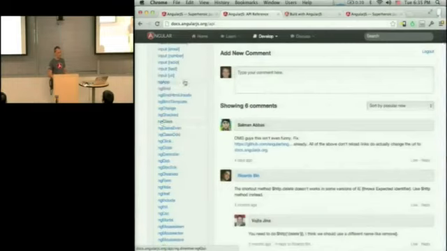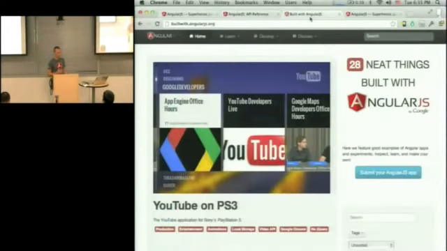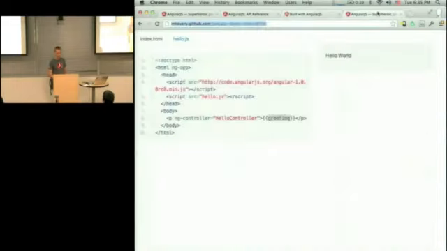We have a really good tutorial. If you go to docs.angularjs.org/tutorial, you can go through building of an application, which will show you everything you need to know and how we test and how we run tests. There's Built with AngularJS, which is a gallery of applications that were already built. Many of them have a link to source code, so you can check out these applications. And that's about